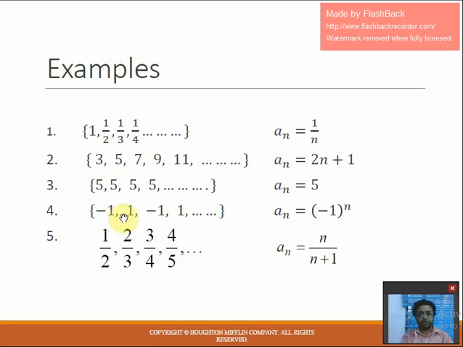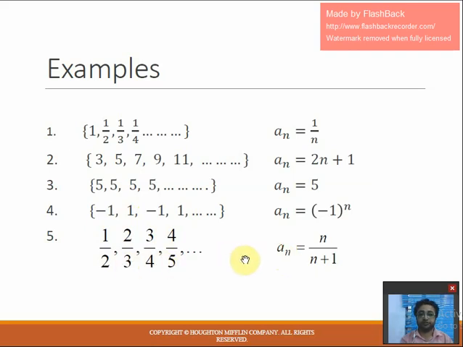Minus 1, then 1, then minus 1, then 1. So, it is neither increasing nor decreasing. So, you cannot say this is a monotonic sequence. Now, I am giving this one as a task: check whether this sequence is a monotonically increasing or decreasing